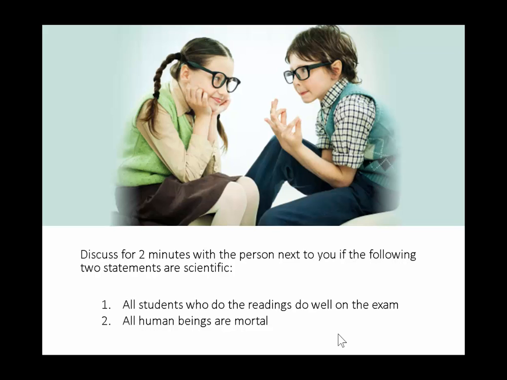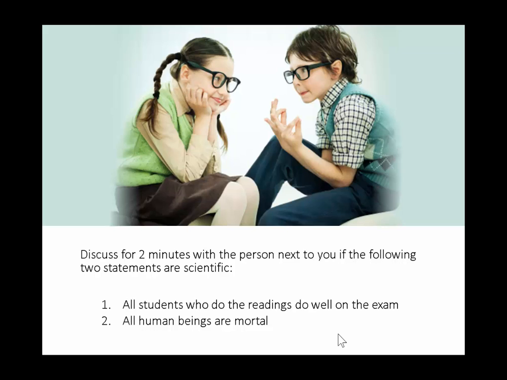What about the first statement? Maybe somebody in the first row? Yeah. No. By now, a scientific statement, the way we define it here, is falsifiable. That's sort of the idea. Yeah? So be aware, don't mix that up with there being a study out there, right? That kind of means there's evidence for it, yes. But a statement can still be scientific without having done the research about it.